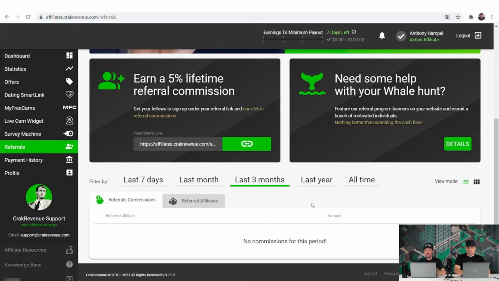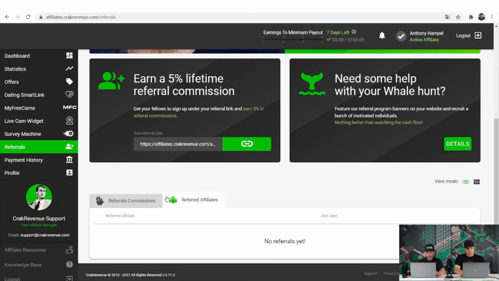And a lot of our affiliates actually really benefit and earn a lot of money from referrals. So that may be an angle or an avenue that you may want to explore, if you're not already, to earn additional money. So you would actually see, obviously, this is one of our accounts, but if you had